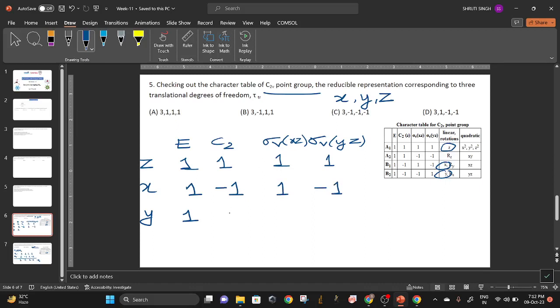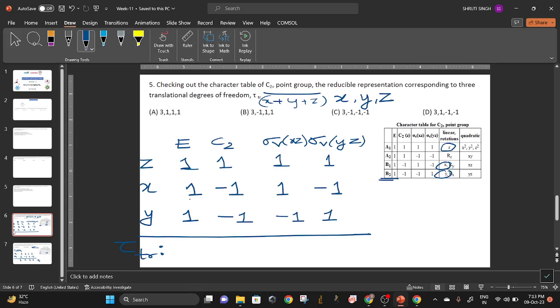Now for y, this y gets transformed according to B2. So this is minus 1, this is minus 1, this is 1. Okay. So we need to find tau translational. Translational means all three components x plus y plus z. So what we can do, we can just sum these. Tau translational will be equal to,